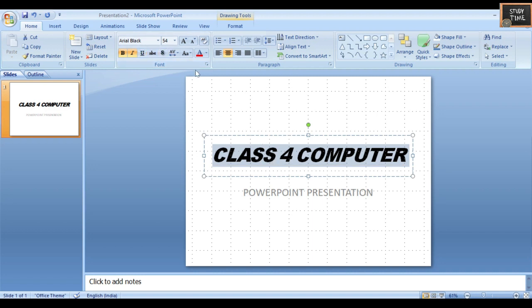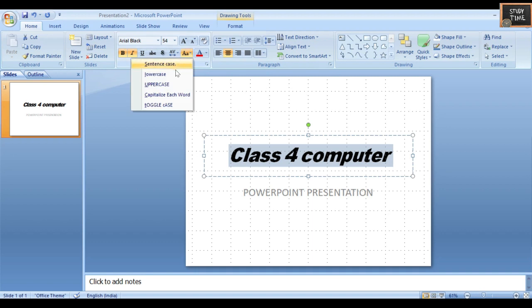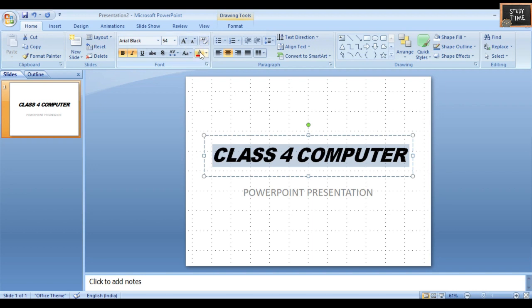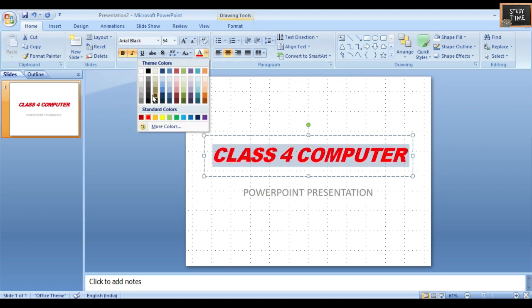Next you can change the case: sentence case, lowercase or uppercase, capitalize each word or toggle case. Next I can change the color of the font. So red color, you can choose here. Many colors are there. You can choose the colors.